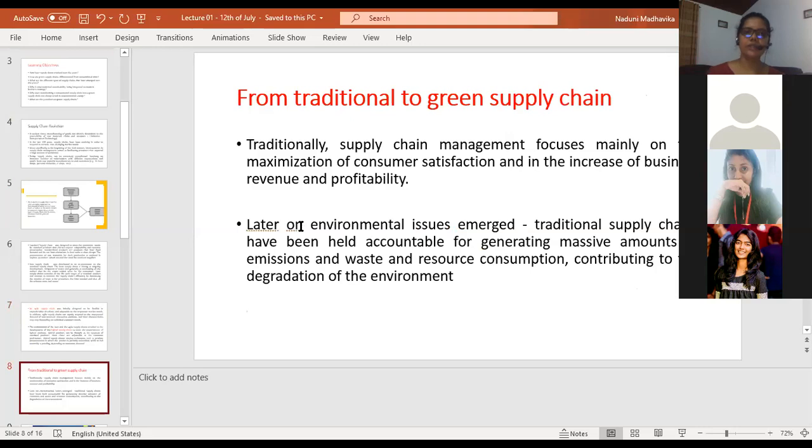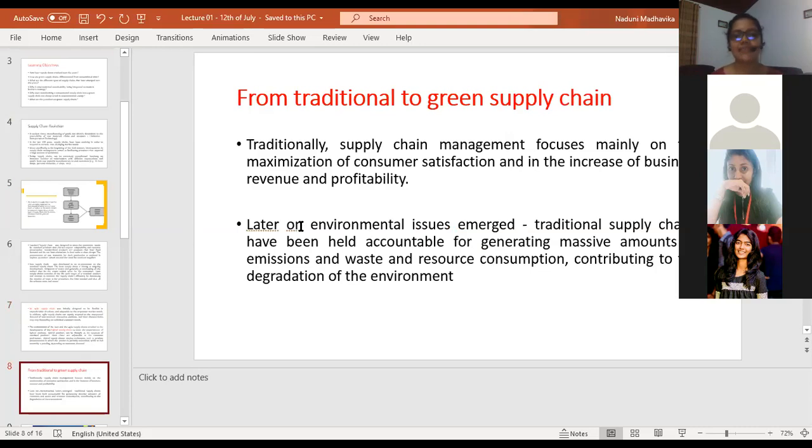Okay, now we are going to move into the next section. Here we are going to discuss how the shift has been from the traditional or conventional supply chain to the lean supply chain. So let's focus on what is there in the slide. It says traditionally, supply chain management focuses mainly on the maximization of consumer satisfaction and on the increase of business revenue and profitability. May it be supply chain management, marketing management, or human resource management,